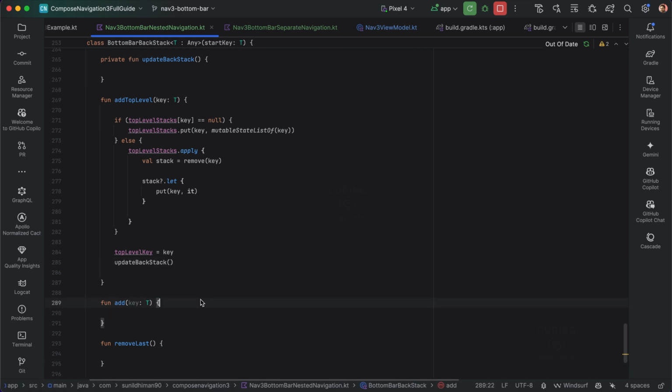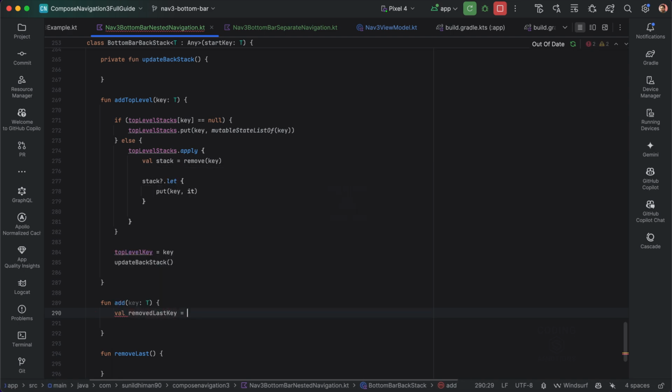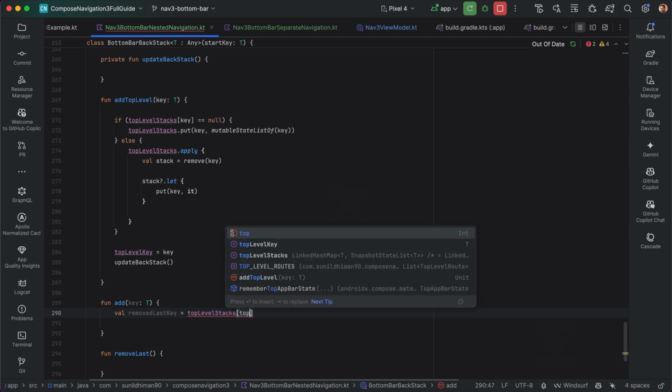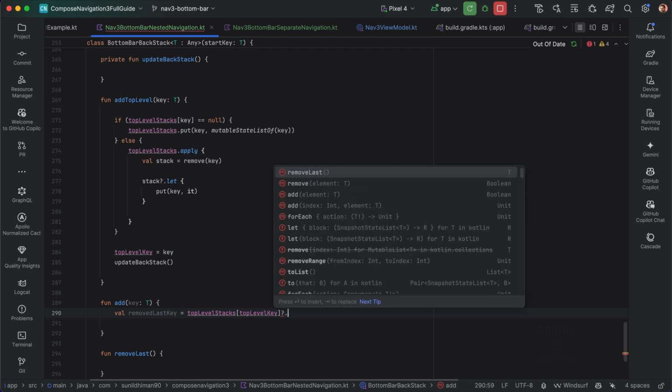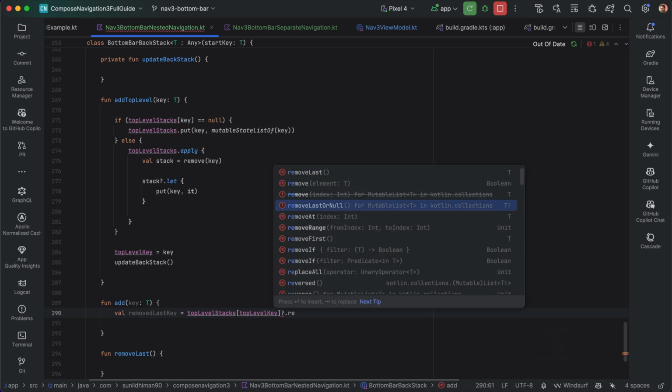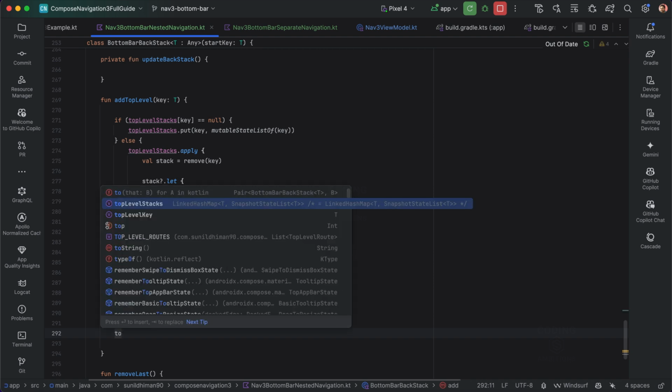And then we have just the simple add, and it's pretty easy. So for simple remove, what we need to do is, we need to remove the last key. Last key, top level stacks, and the last key means we will be using the top level key. Cool. And then if not null, we will be using the remove last or null, because it's nullable. So we'll be using remove last or null. If last is not there, it will just return null. Okay. Top level stacks,